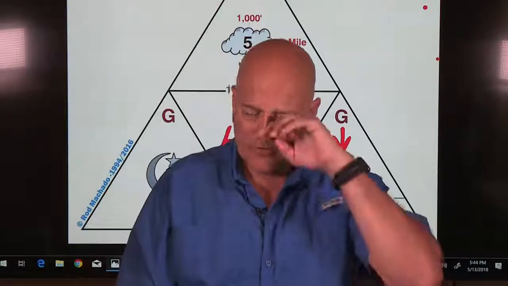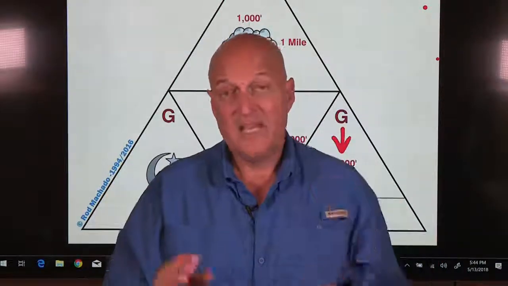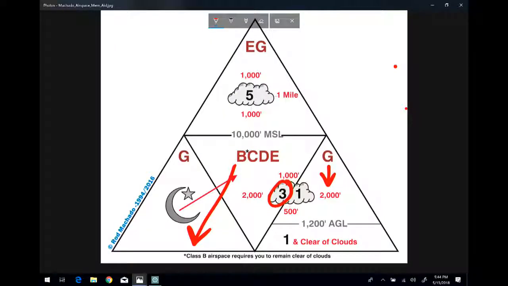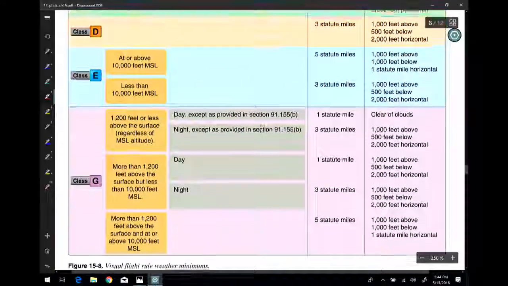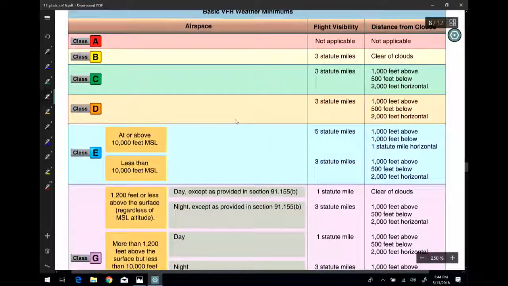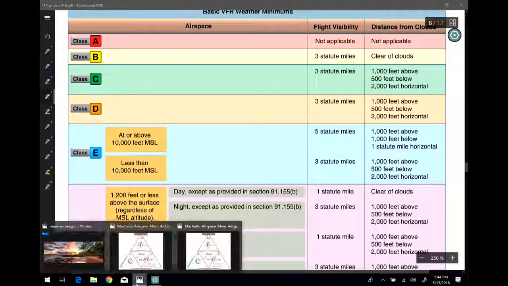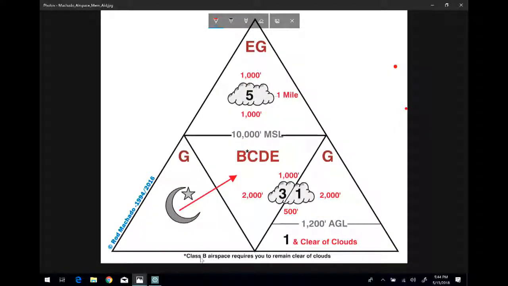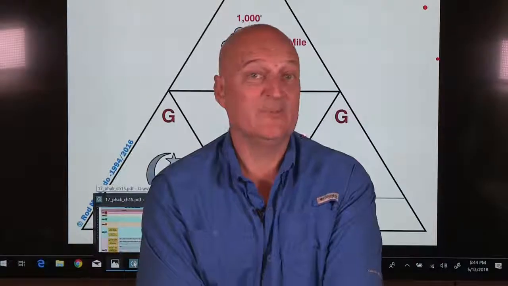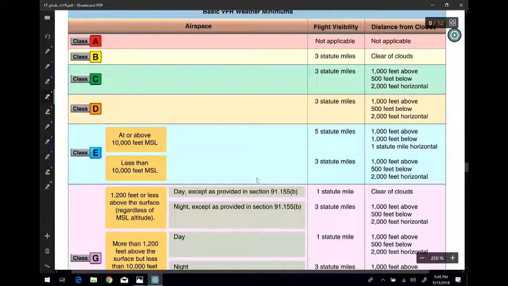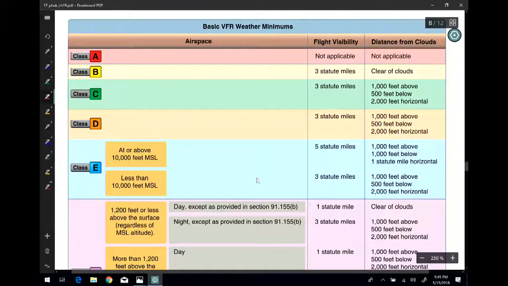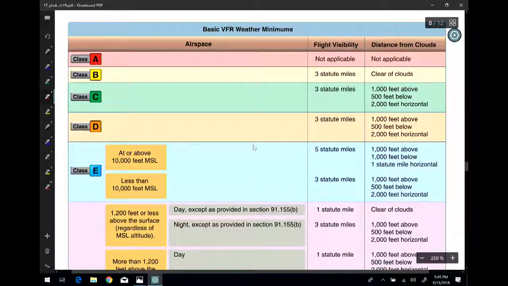Now, I'm going to ask you one other thing here, and this is about the end of the class. So I showed you the VFR weather minimums in this format. Now I'll take this off. So remember, you have that format or this format. Which is easier, this or this? I agree with you. I like this one. It's not that this isn't the same information, but this gives you, I think, a little bit better picture of what that looks like.